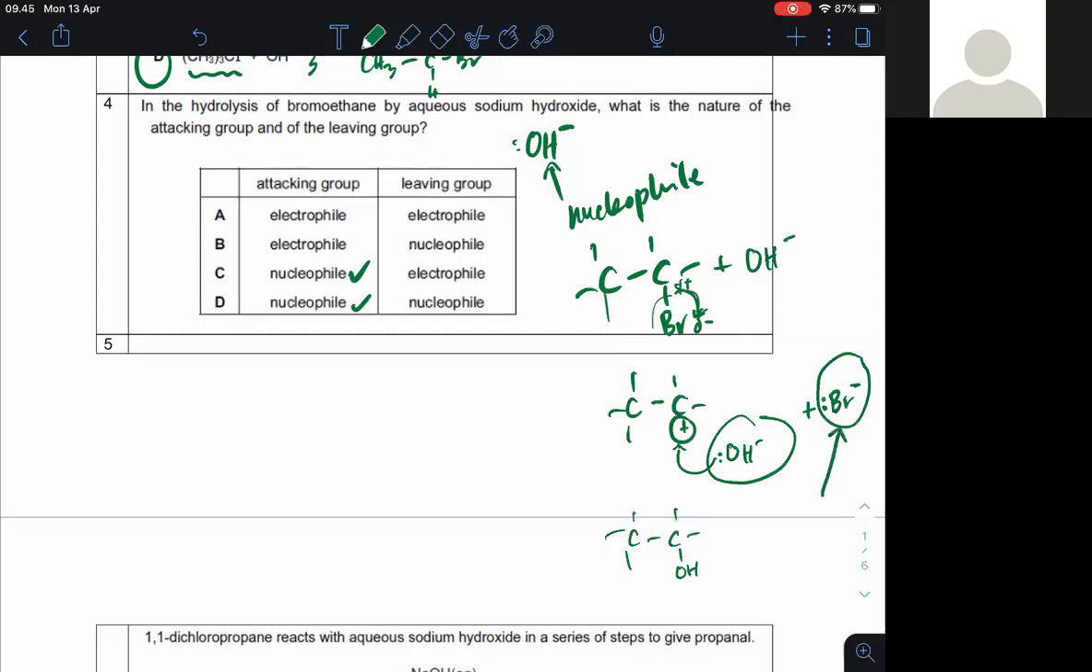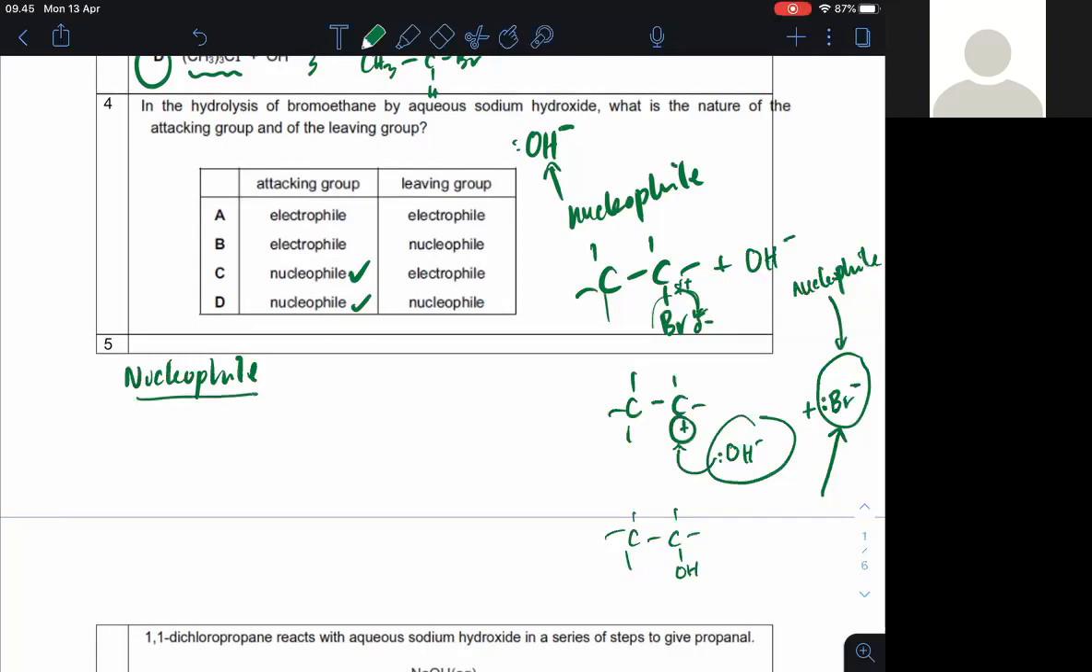Now, what can you say about this leaving group? Is this a nucleophile or is it an electrophile? Frey? Definition of nucleophile. This one is going to be negative, so it is going to attract to positive. So it's a nucleophile also. Yes. So the answer over here is going to be the definition of nucleophile: any species that has